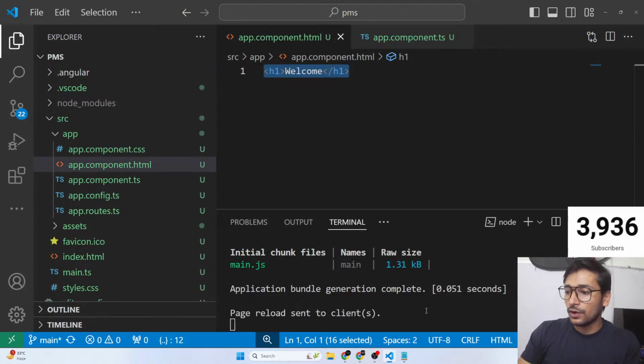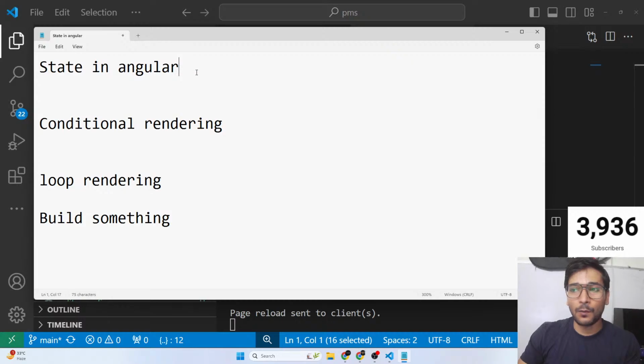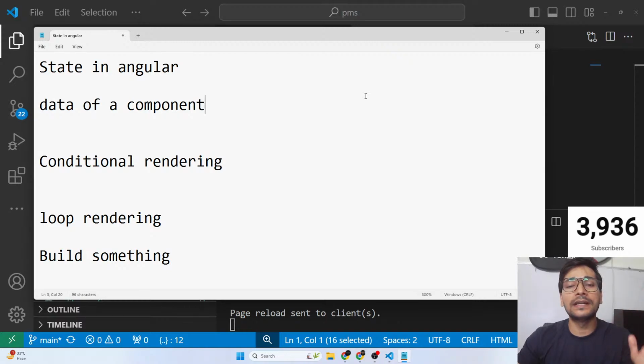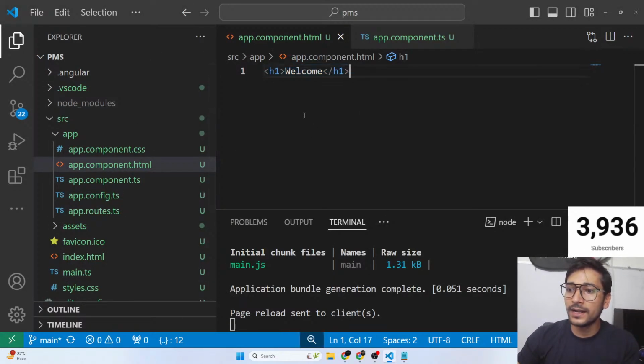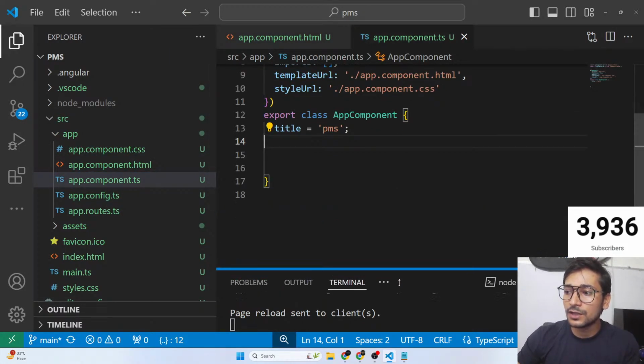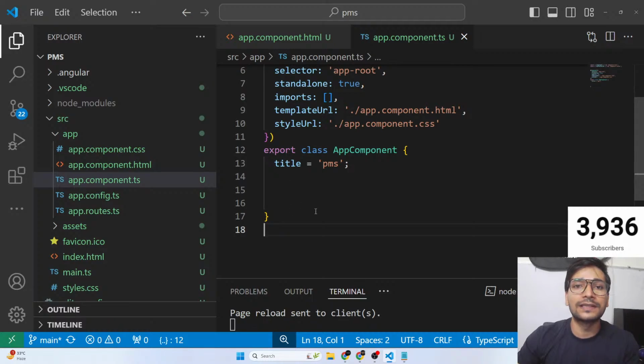So when I say state, what exactly is state? Whenever I say state, no matter in whatever front-end framework, state simply means data of a component. That's what you can say state. If I go in this component, we always go in the TS file, and all the variables or the data about that component we store in the TS file.